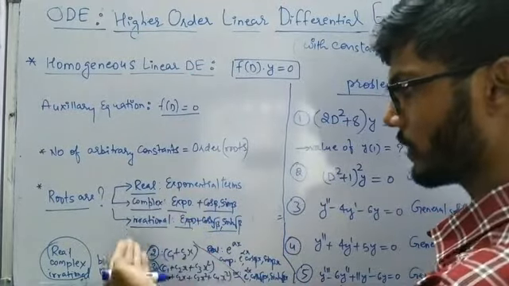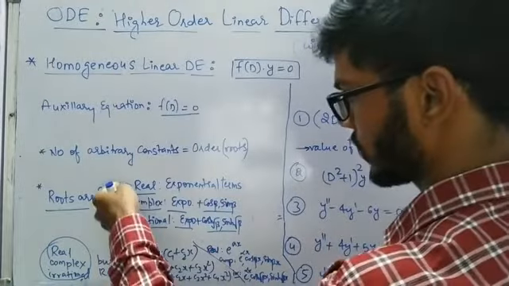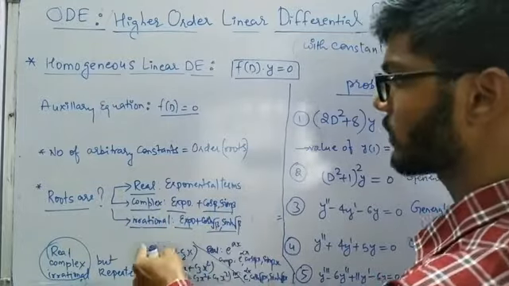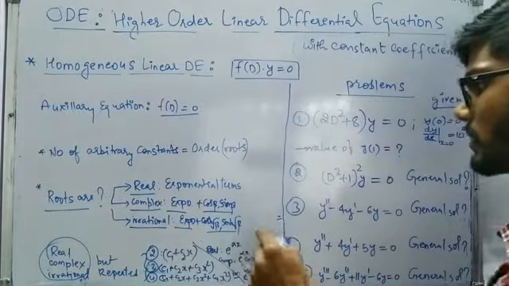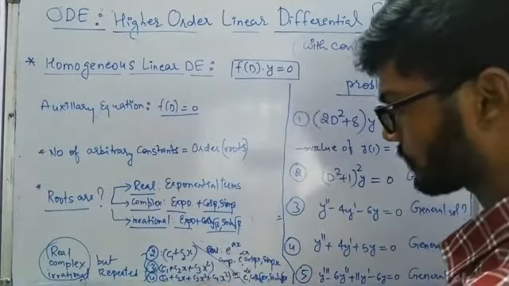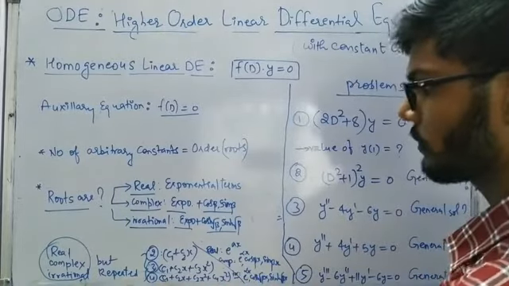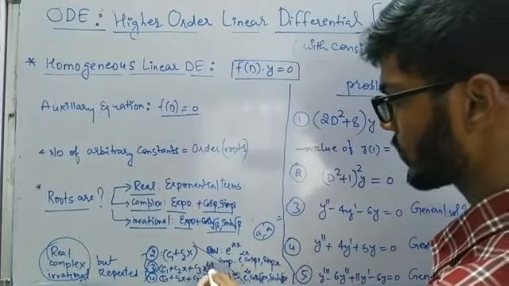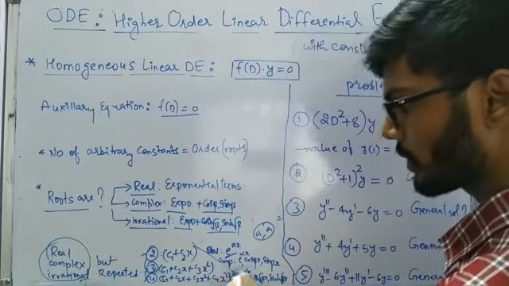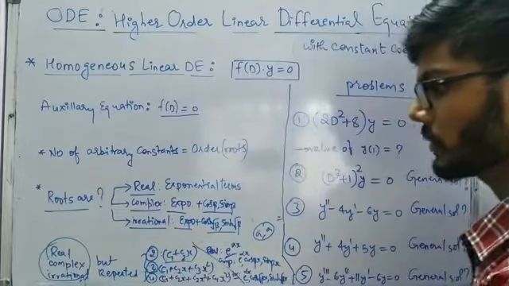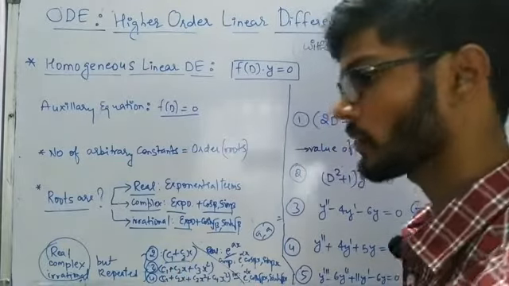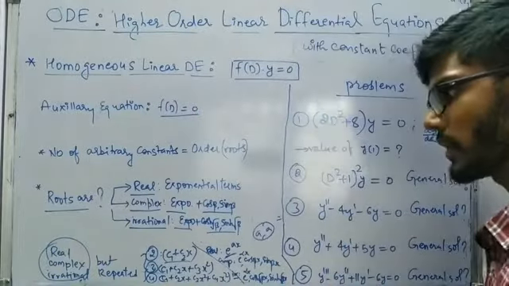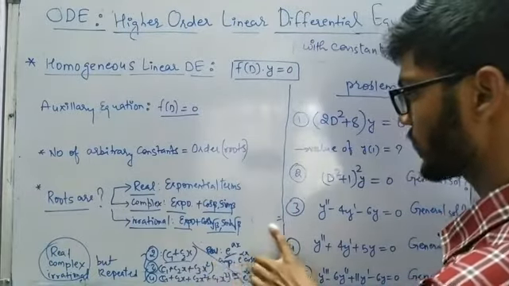And again, if we have repeated roots, the terms are going to be like this only. Real means exponential, complex means exponential plus trigonometric, irrational means exponential plus hyperbolic. But if the roots are repeated, meaning we have roots like a and a two times, in that case again the e power ax term will be there, but instead of c1, c2 we are going to write c1 plus c2x. We are not going to write c1 e power ax plus c2 e power ax. That is not going to be the case. Instead we are going to write c1 plus c2x times e power ax.